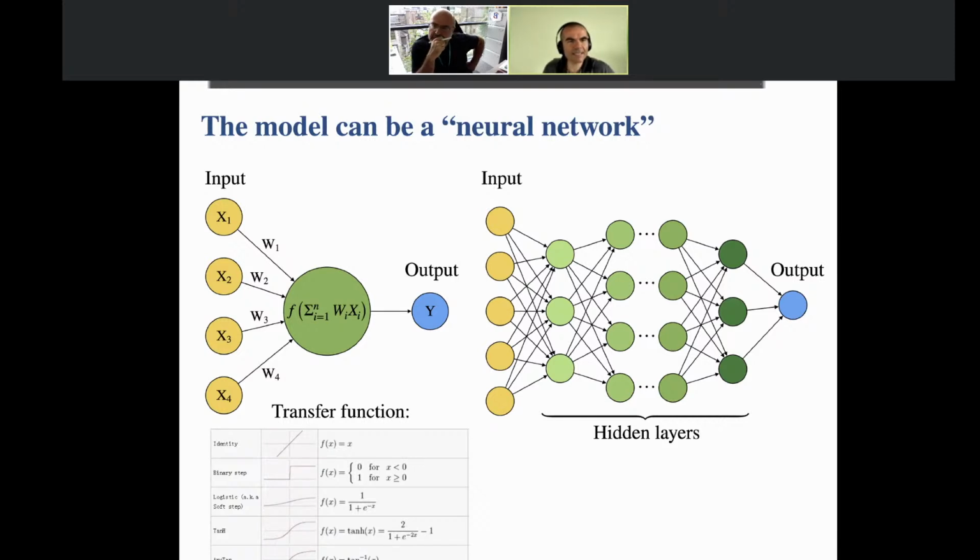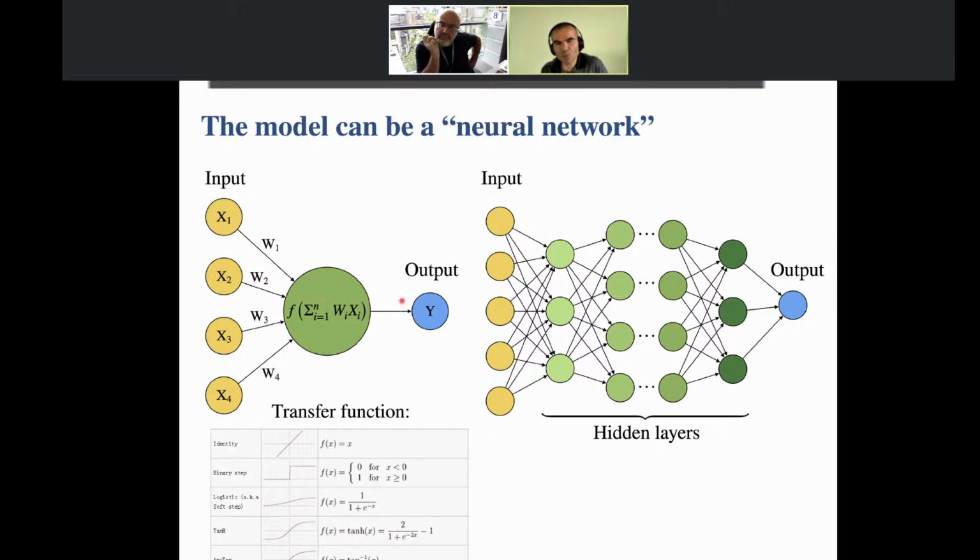The next kind of model that I'm going to be using is the so-called neural networks, where basically you have the different features that are combined together with different weights and using different so-called transfer functions, which you have there at the bottom. And these are then combined to create the output. So this is the simplest on the left-hand side. This is the simplest neural network that you could have. So basically combining all the entries with given points and then adding an output.